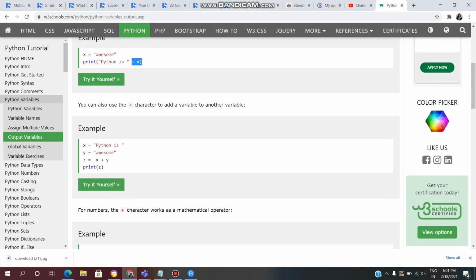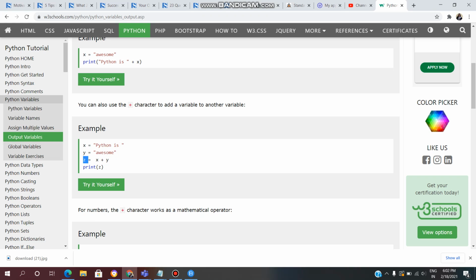And the next concept is, we can also use the plus character to add a variable to another variable. In the previous example, we saw text with a variable. Now, in this example, we are seeing a variable added to another variable. So, x is one variable, Python is the value, and y is another variable, awesome is another value.